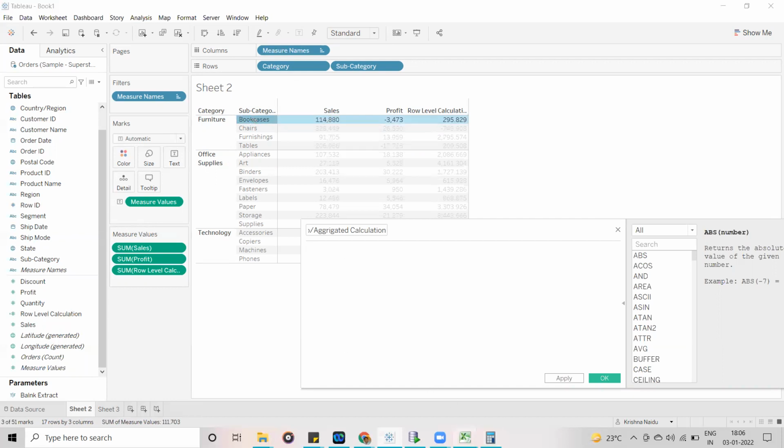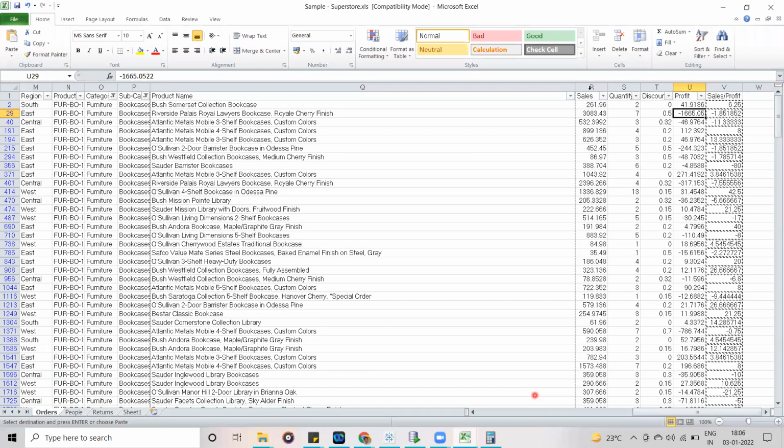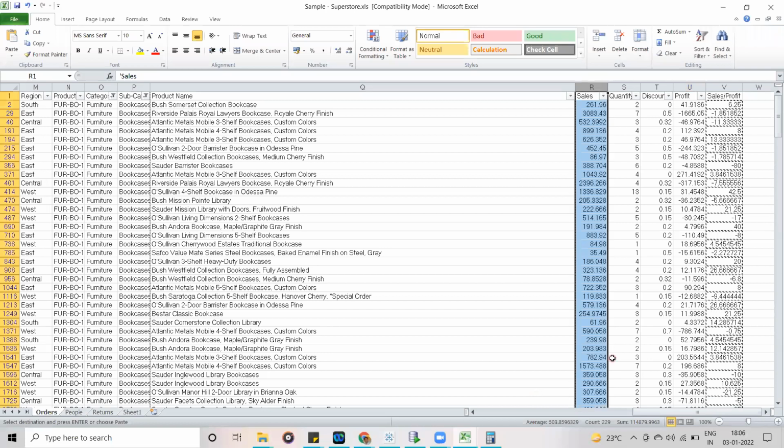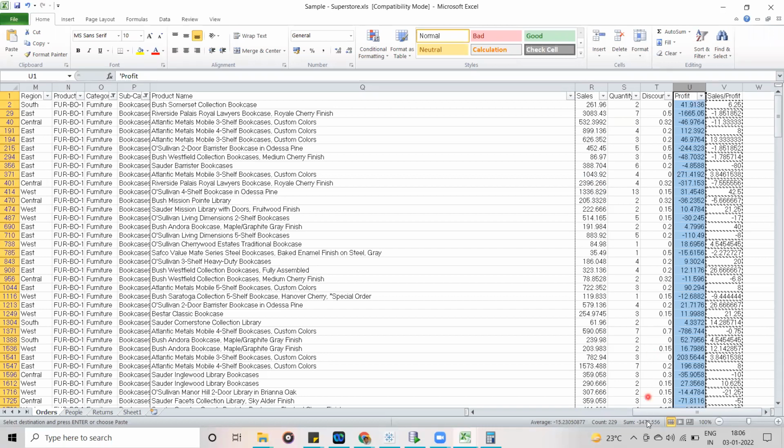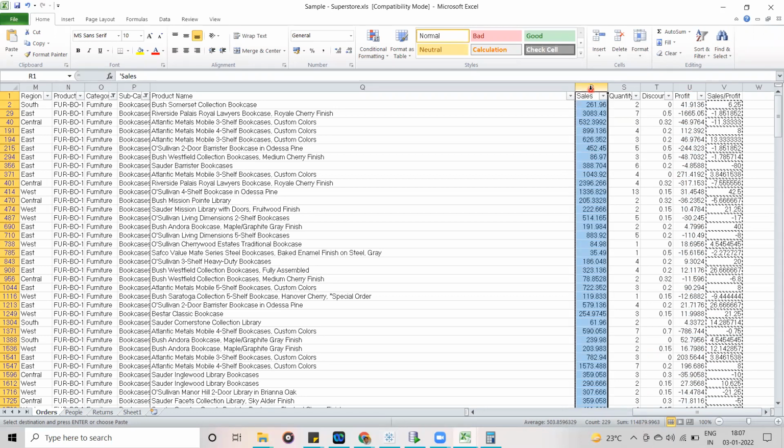Now if you go to the Excel file and click on this, you can see 114879. This is the sum of all bookcases under furniture. This is the total sales. And if you click on the profit, this is the total profit, minus 3472. Here we are not displaying the data for each individual record.